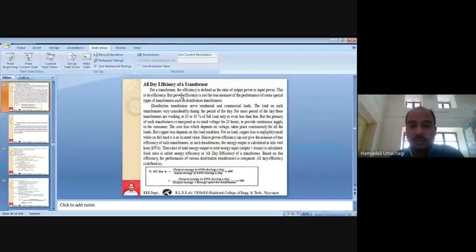So as I told you, consumers will be changing their usage of the power depending upon their requirements. So we need to consider during what period of time they are going to use the power. So if I include the time information, then that time information will give us the exact efficiency of the transformer, which we call the all day efficiency of a transformer. Okay, you can see here.